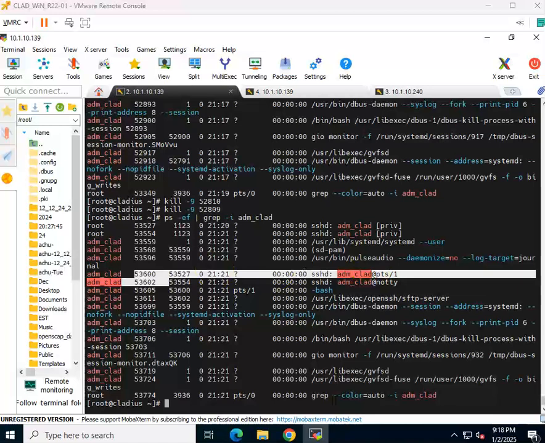Then you do not look for the one that says SSHD. Look for anything that says cockpit, and I see cockpit up here. Do you see that? Cockpit bridge. So what